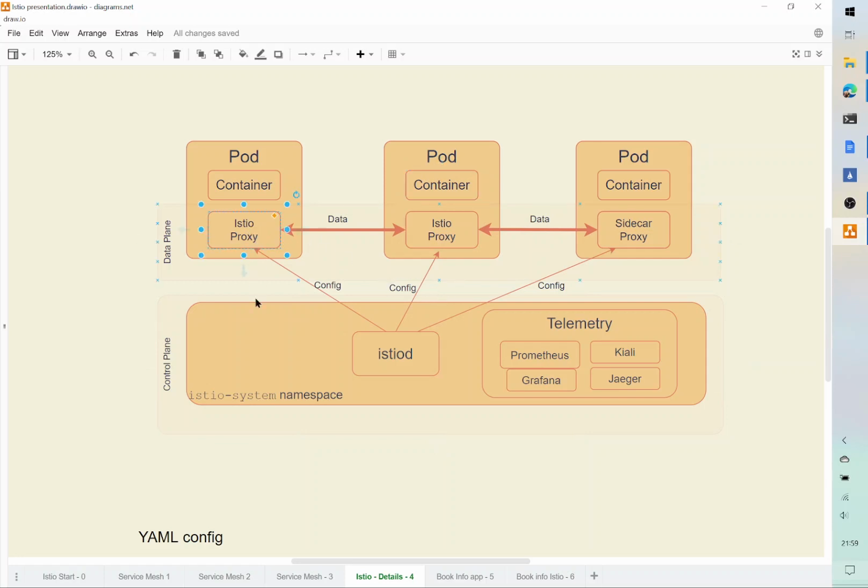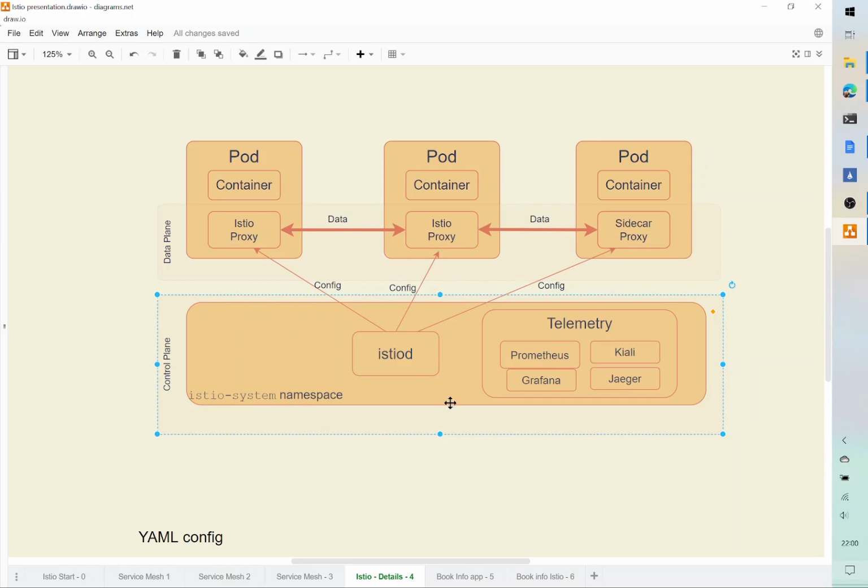So, for example, this would be responsible for routing, for beginning TLS encryption, and so on. And this may have to terminate TLS. And these Istio proxy containers decide what to do with that data based on configuration that they receive from Istiod, which is the Istio daemon, which is in a sense a controller for Istio.